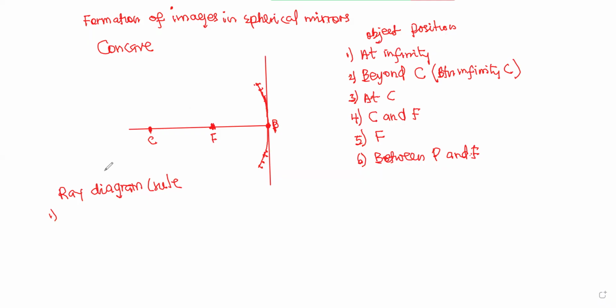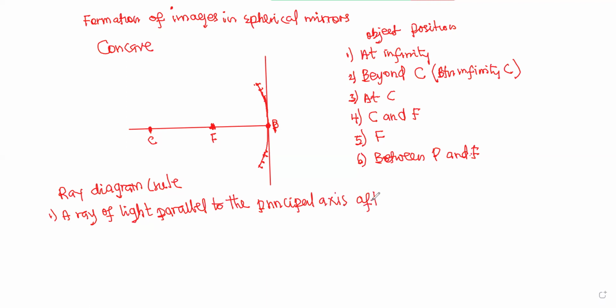So the rays must always come from the object. The first rule is that a ray of light always from the object, parallel to the principal axis. When a ray of light from the object is parallel to the principal axis,